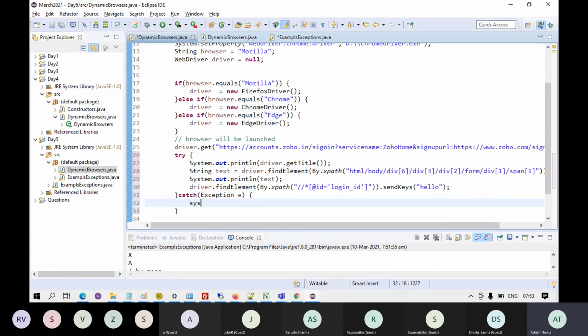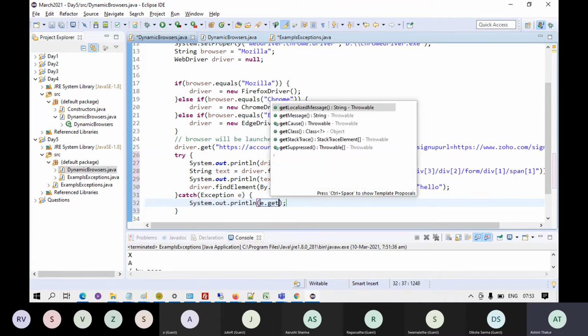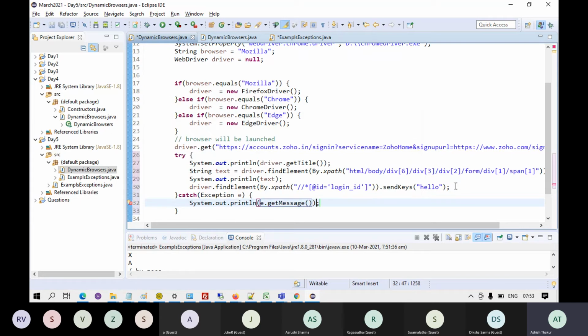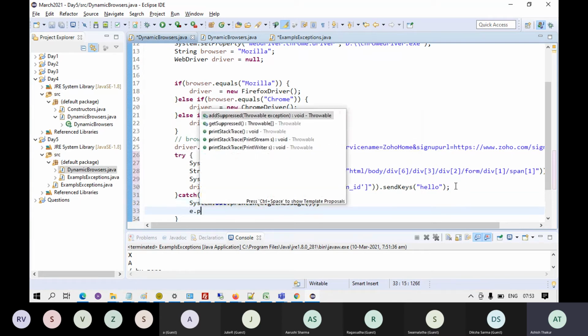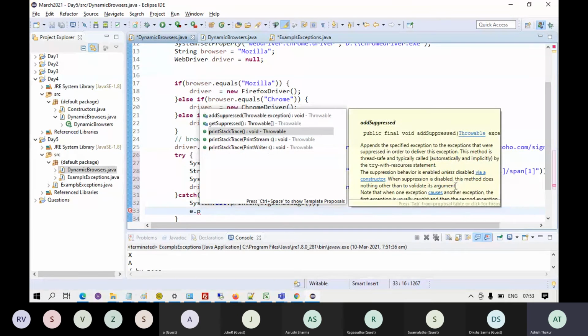And you can print e.getMessage, the message. You can also print the stack trace.